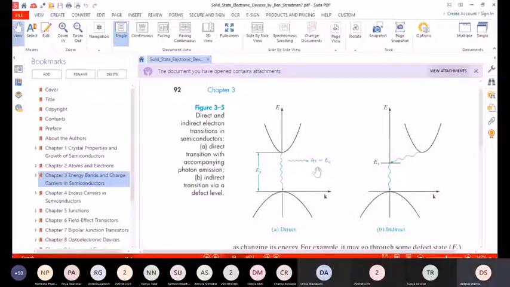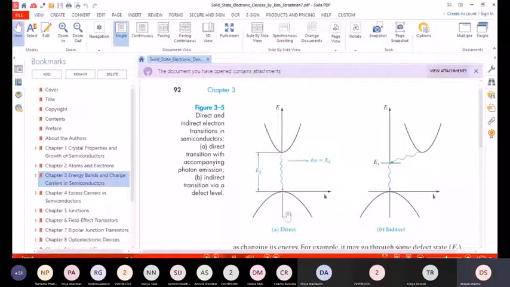And what happens in the indirect band gap semiconductor is, whenever the electron having minimum energy in the conduction band wants to jump towards the valence band, it has some sideways movement, right? This is momentum, a graph of momentum versus energy. So this momentum will liberate some heat, right? Whenever the energy is lost, it comes out in the form of heat. So these types of materials are called indirect band gap semiconductor materials.